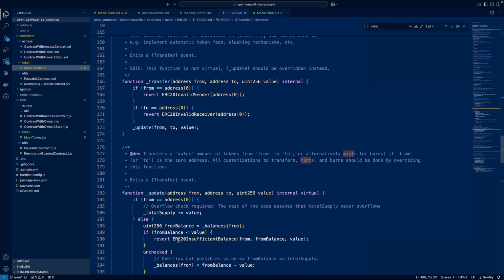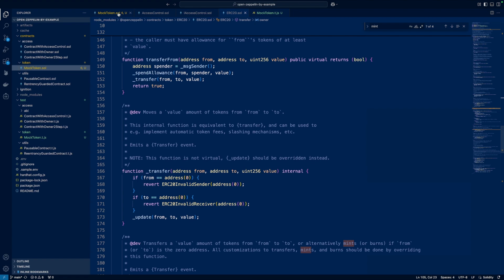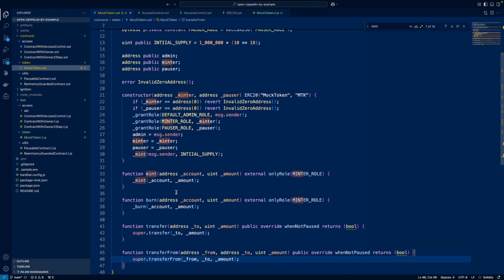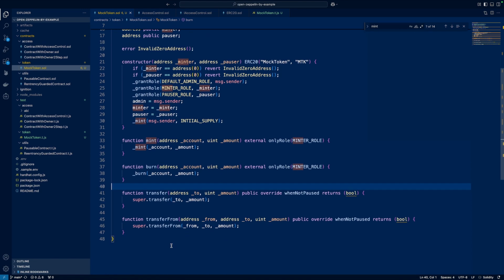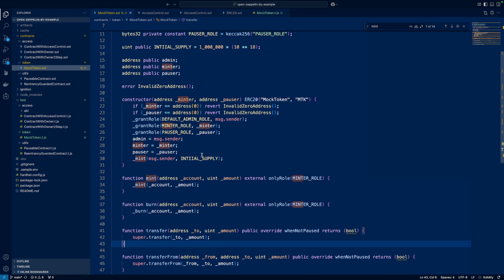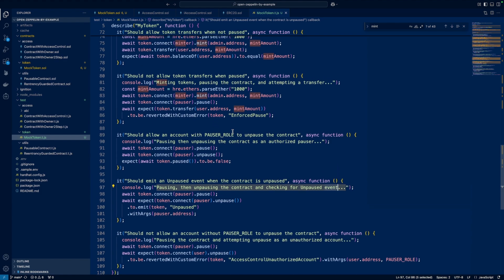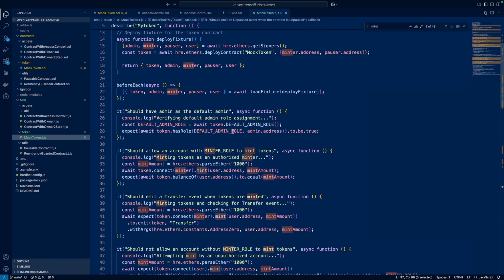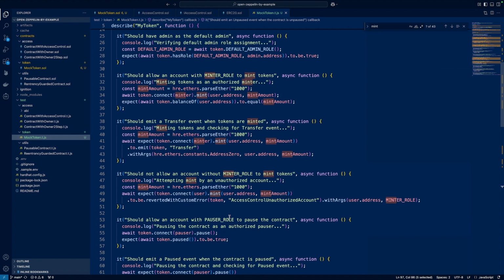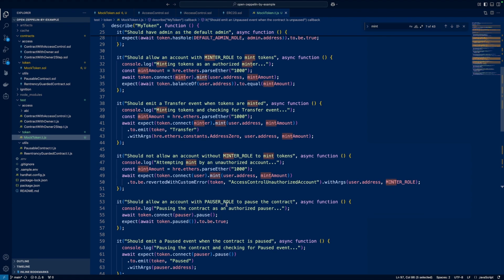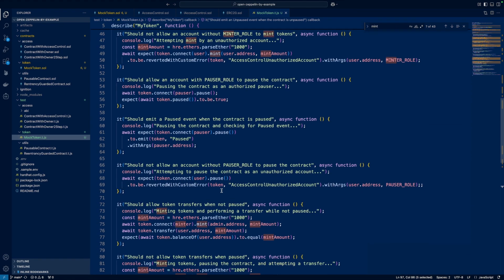Let's see, is there anything I'm missing? So that might just about do it. This is a pretty basic implementation here. We just have the bare minimum, which is the ability to mint and burn tokens. And also we were making sure that in our implementation we had the ability to pause the contract and prevent transfers from taking place if needed. So let's go ahead and jump over to the unit tests that I prepared ahead of time here. We're just testing to make sure the roles were set correctly, to make sure that the permissions are working properly so only the minter can mint and burn tokens, and also to make sure that transfers can't take place when the